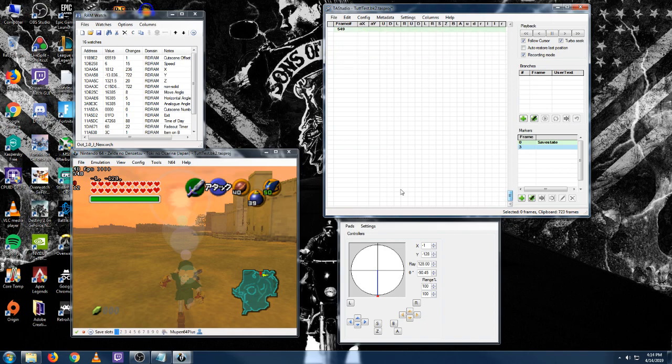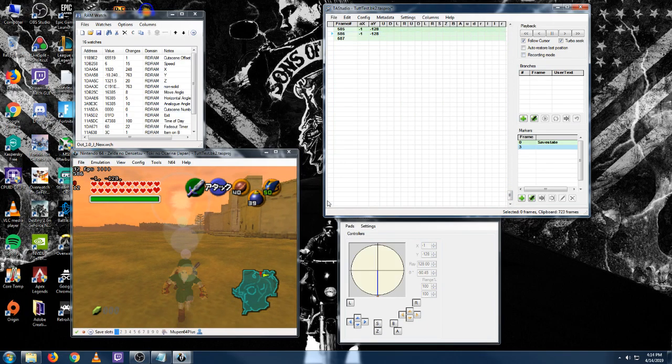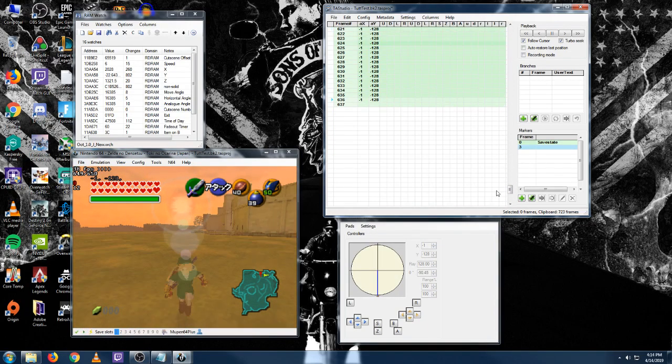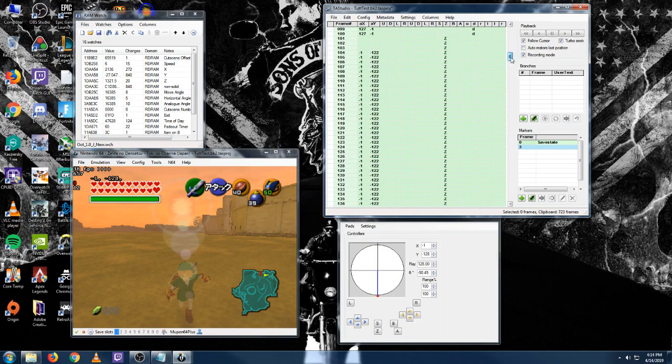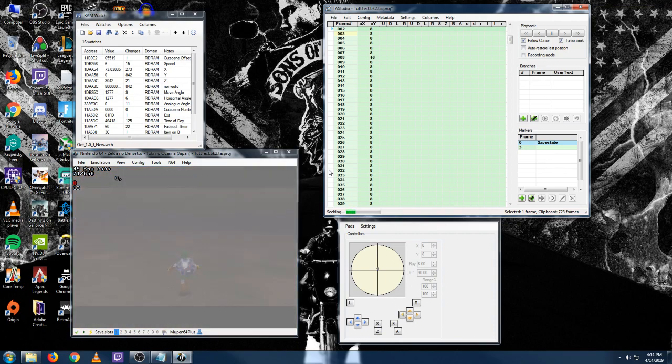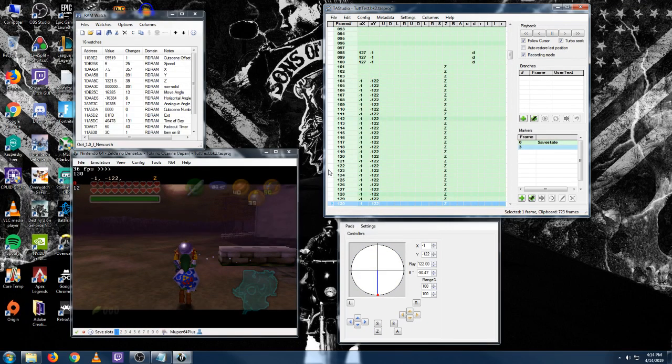Now, I feel like we've probably gone almost enough frames. So now if I were to try to go back to, say, frame like 130, for example, it's going to actually start from the beginning of the video because it doesn't have a buffer that goes back that far. Now the only way to kind of fix where your buffers would start, and this does not work 100% of the time,